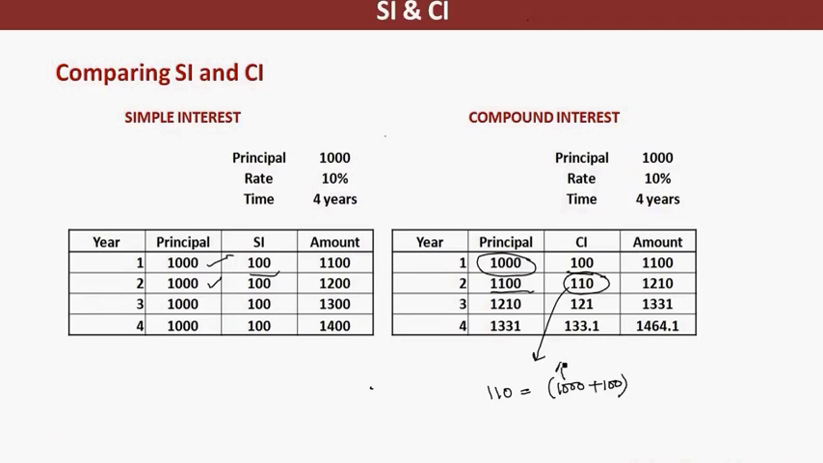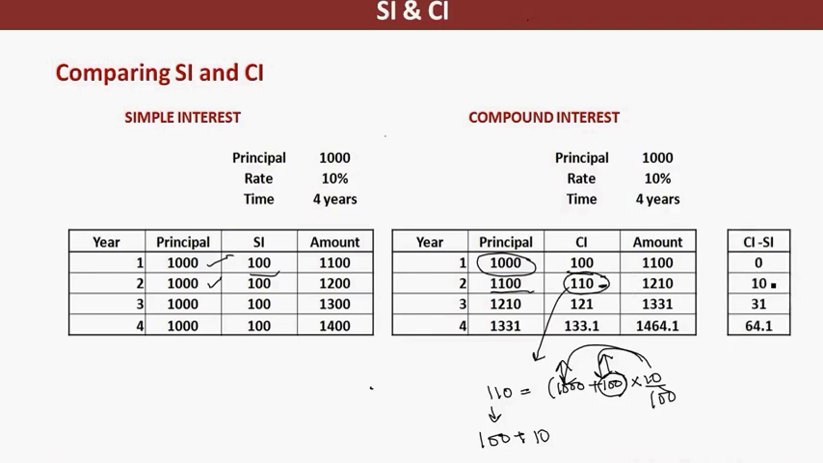If I break 1,100, I can write it as 1,000 plus 100. What is this 1,000? This is the initial principal. This 100 is the first year interest. I get interest on this principal. So basically if I calculate 10% of 1,000, it will be 100. That is anyway there in case of simple interest, and 10% on this additional 100 contributes to the value of